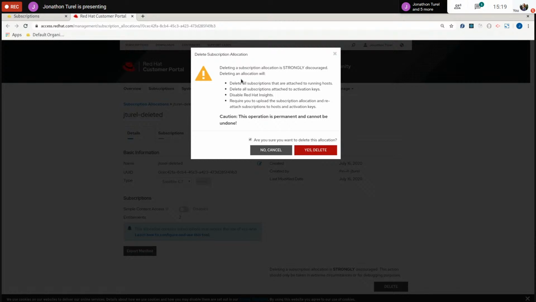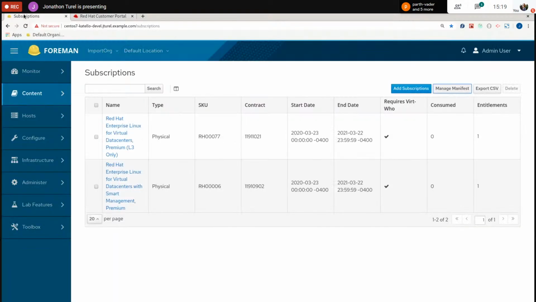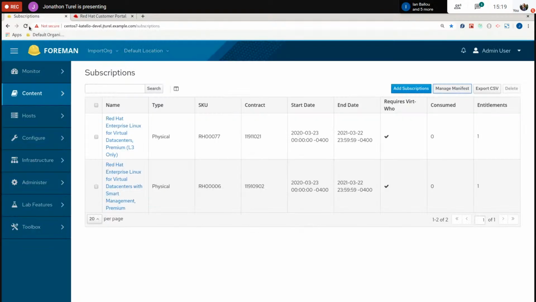We don't make it very easy to do that. We caution users about the implications of that. So hopefully it won't be something that happens accidentally. So I'll delete that manifest. It should only take a second. And it is gone now. Subscription allocation deleted. So if I come back over here and refresh my page,